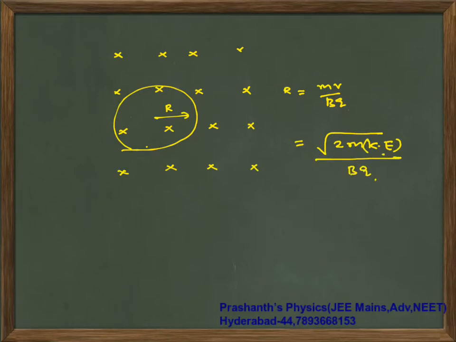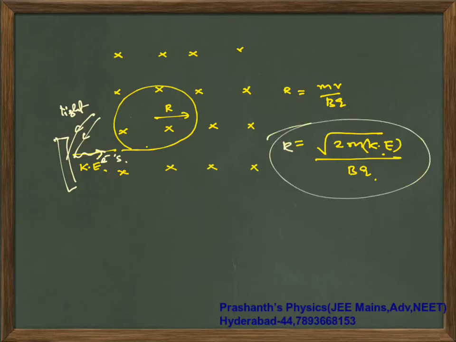if a charged particle is entering with kinetic energy Ke, what will they do? These questions they will link like this. There will be a plate like this, and you are projecting some light on it. Because of the projection of light, electrons will be emitted out. If those electrons are moving in a uniform magnetic field, they will execute a circle of radius r equal to under root 2m Ke by bq. Like this they can relate with the magnetic field chapter as well.